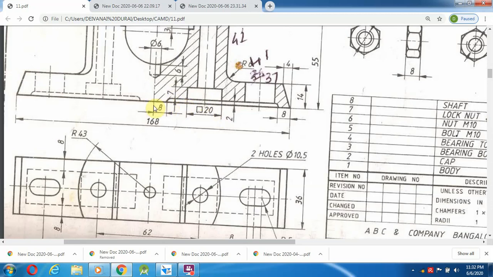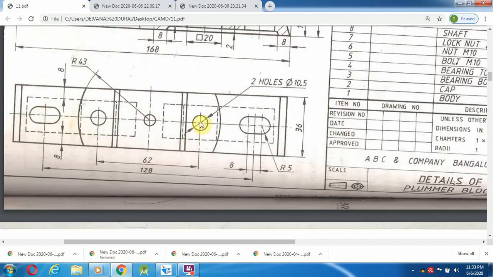Okay. So that means if you are selecting this surface, 9 you have to give. If you selected this surface, you can give 7. Okay, so the distance from middle to how much? Actually the circle center point as well as the square center point will remain the same. That they mentioned as 62 distance between the holes, so from the middle, here it is 31.